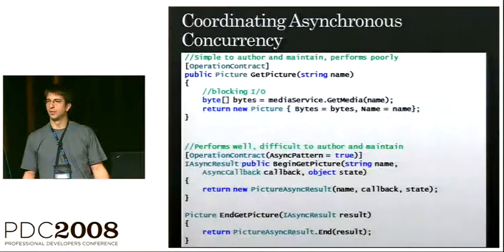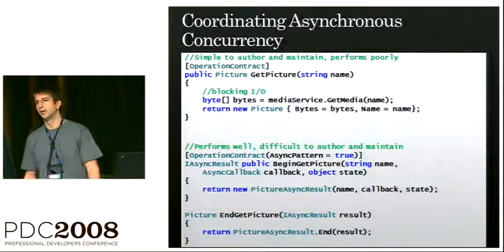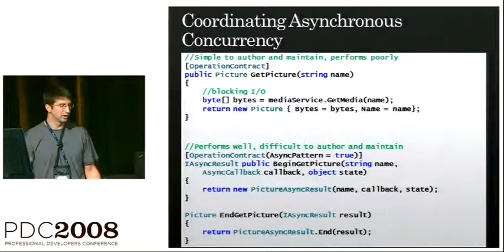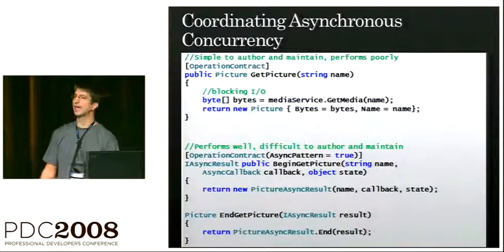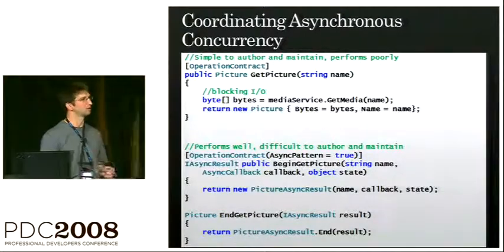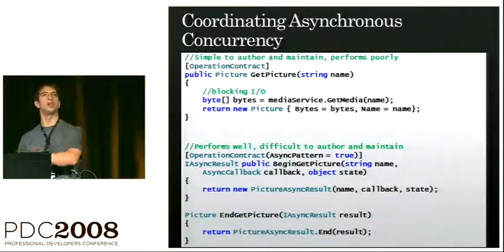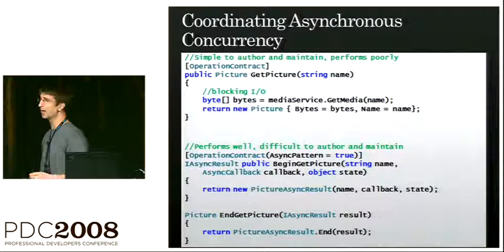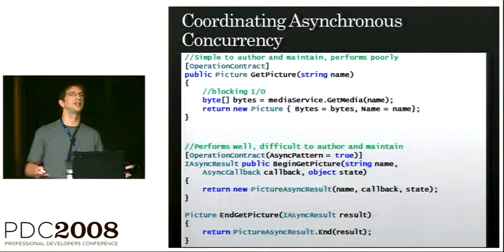Let's look at some real programs and problems that we can address by applying WF to the messaging space. First, let's look at how WF helps writing those services that do asynchronous work. Okay? Services that call databases, services that call other services. As I mentioned at the outset, you've got a trade-off to make. You've got a decision to make.